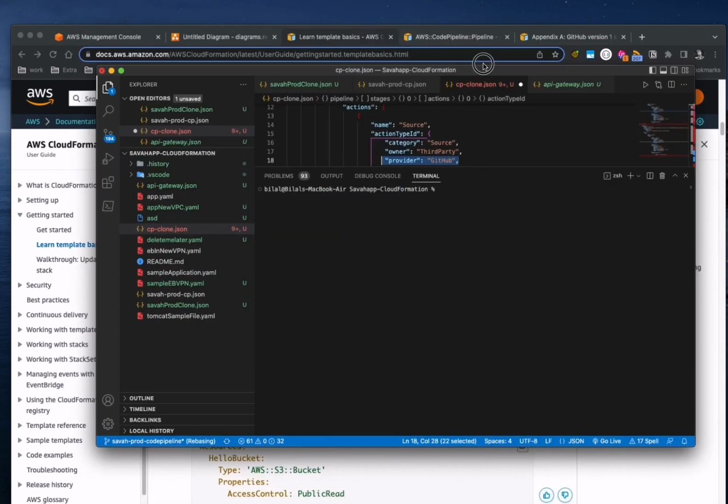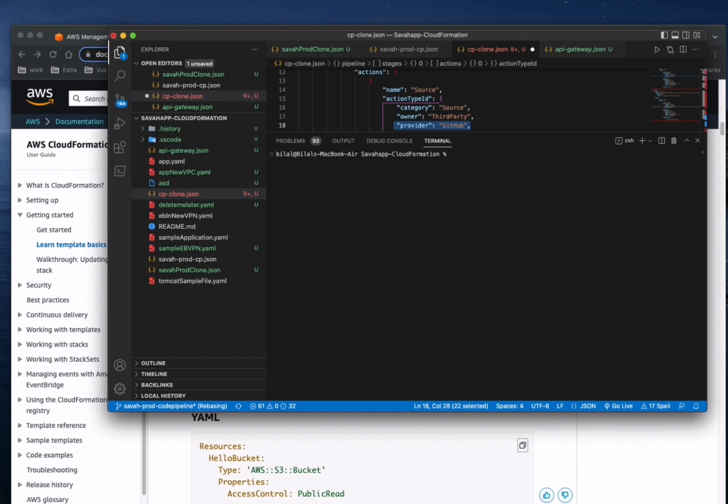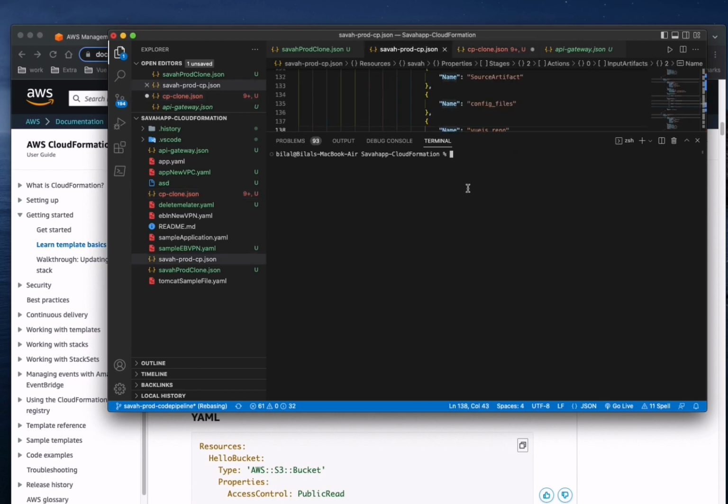There's nothing else to do, so I think now it's time for us to deploy our changes. I'm not going to upload this one, because it takes a lot of time to do all of these changes, which I have already done. So just go to this file and paste this